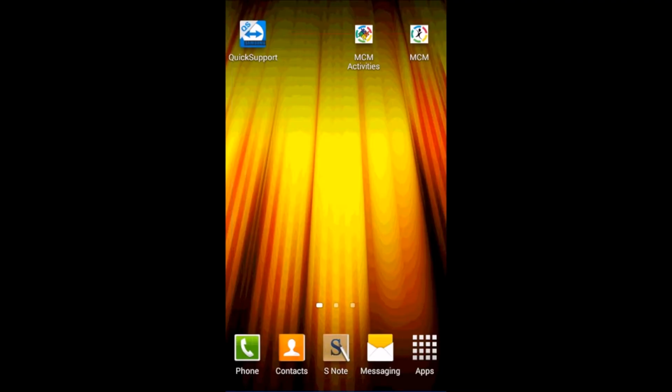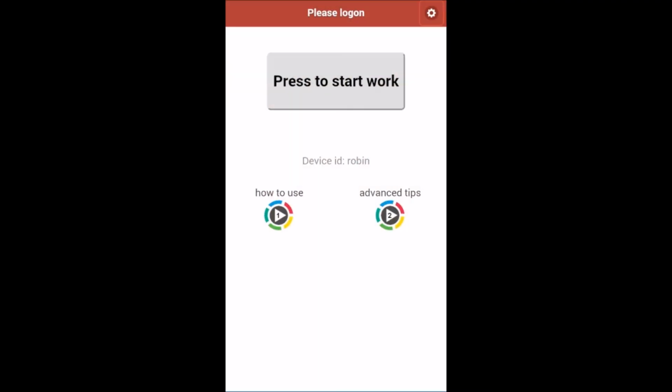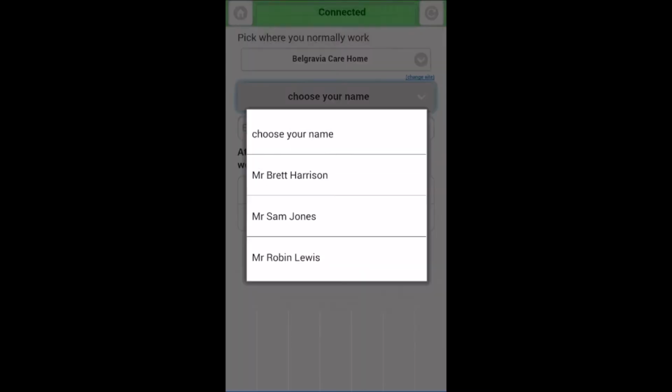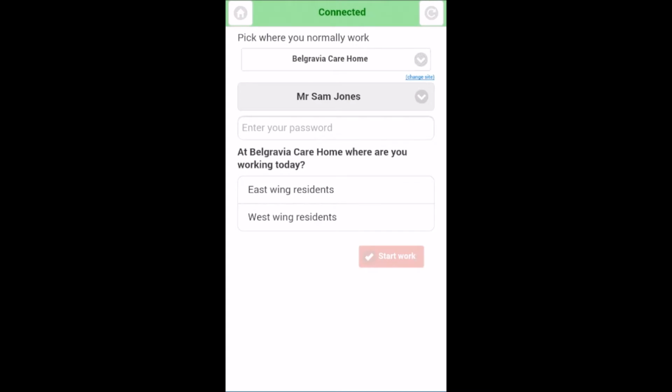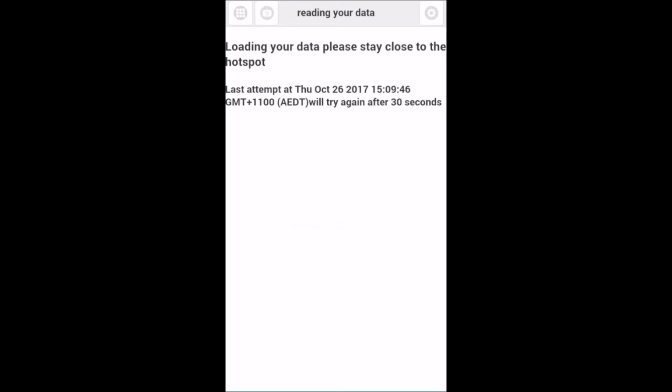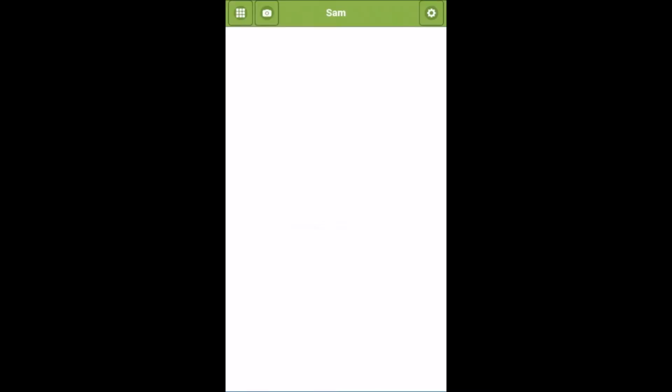Mobile care monitoring is made up of two main areas, the Care app and Monitor. We'll start by looking at the Care app from the perspective of a carer by the name of Sam Jones. The Care app can be run on Android or iOS devices. The main goal of this system is to give carers the ability to provide better care. This is done by reducing the amount of time the carer spends evidencing care so they can focus on what